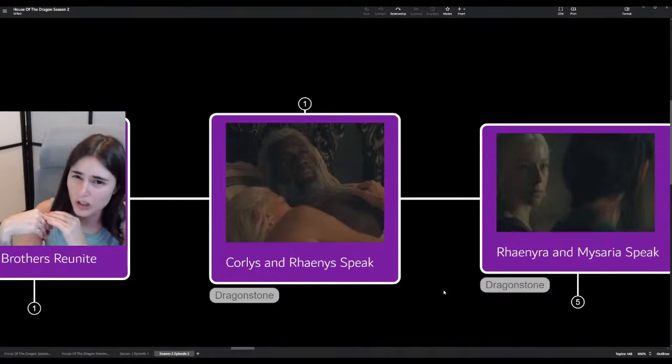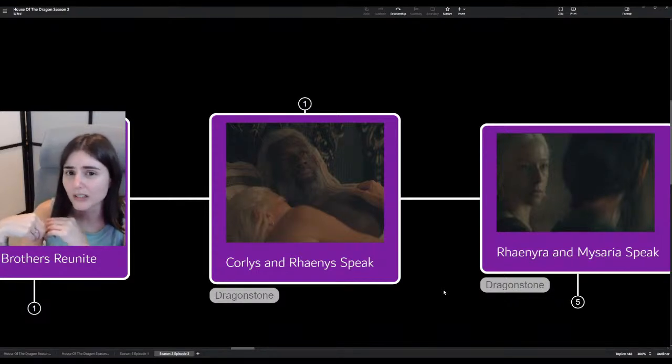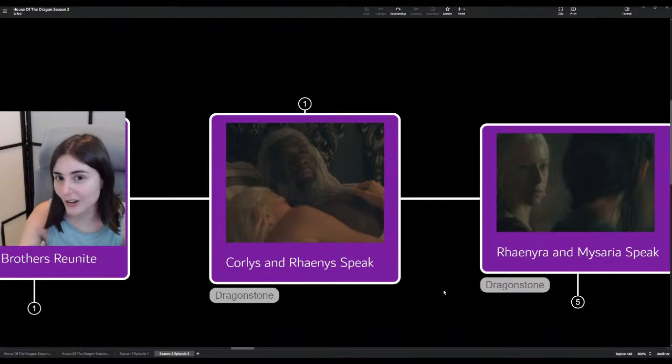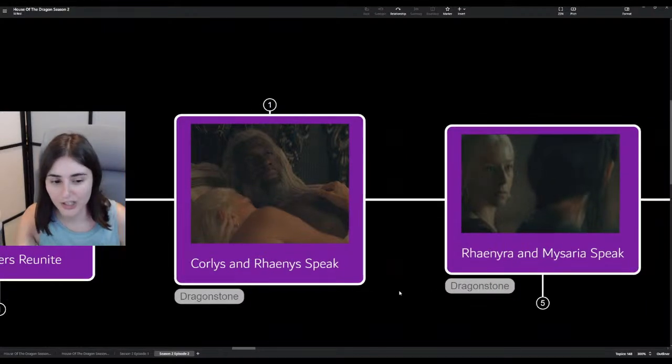And it seems like she's watching out for the queen, although it does make me go, hey, she wouldn't mind being queen, Rhaenys. She seems to be enjoying the fact that there is a queen that has happened, but at the same time, you can't pretend that she's not interested in it. I don't think so. She says one thing, but